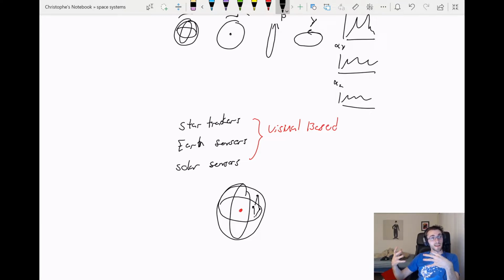So translating that into angular space of the camera's FOV, I can say, well, if I'm looking at this constellation, it's this part of my FOV of this star tracker,